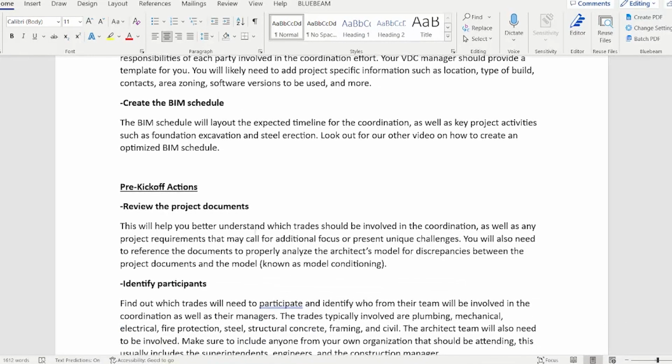Okay, pre-kickoff actions. The first thing you're going to want to do is review the project documents. This will help you better understand which trades should be involved in the coordination, as well as any project requirements that may call for additional focus or present unique challenges. So sometimes there's some unique aspects of a building where you're going to want to talk about it before you get started. An example of this could be, let's say you're doing an imaging center and it has an MRI